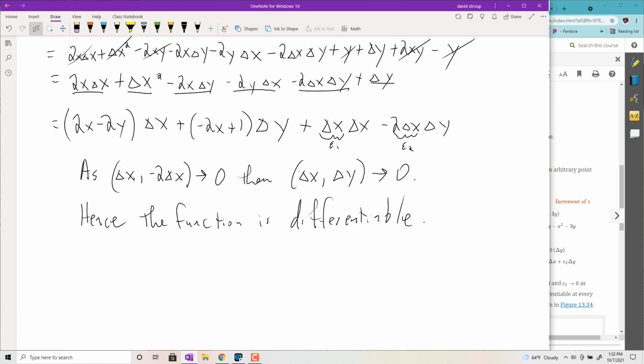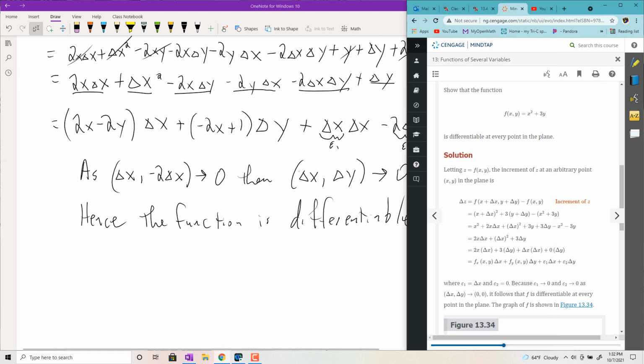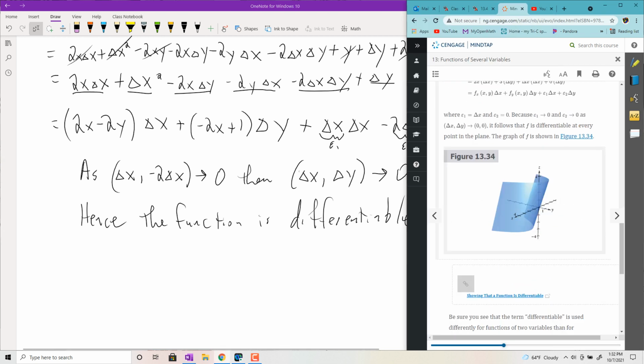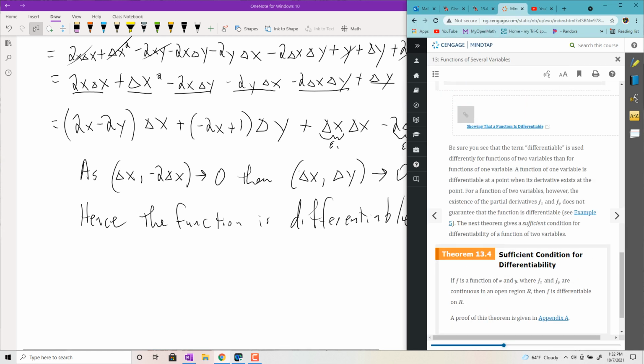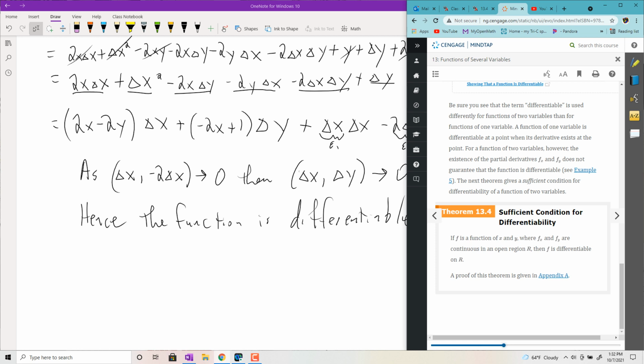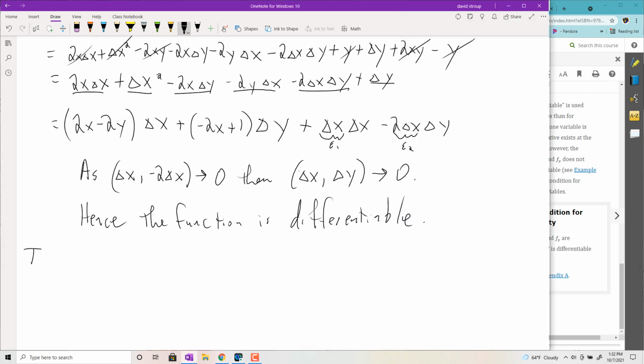It's a little bit on the level of annoyance of the epsilon delta proofs, but it is important to be able to get your hands dirty and do this at least once. Okay, so clearly we're not going to want to go through that every time we're looking to see if something is differentiable. So what we have instead is theorem 13.4,